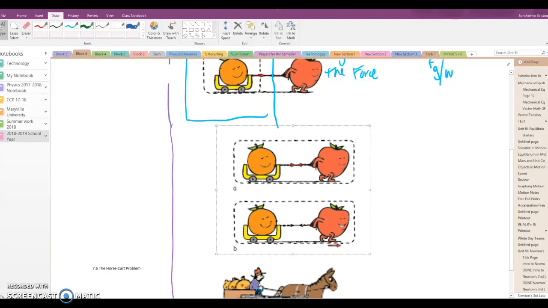As we know, nothing actually acts in a vacuum. So in reality, these cancel each other out. Why? Because if I took the ground away, if there was no ground and I just floated these guys in space, the apple pulling on the orange and the orange pulling on the apple would actually go nowhere, right? So the reason why they cancel out is without friction of the ground, without something for the apple to push on,